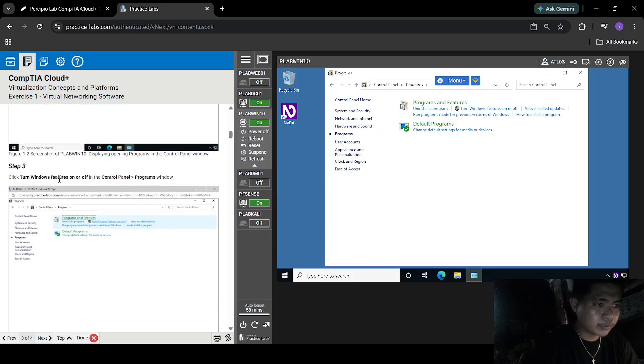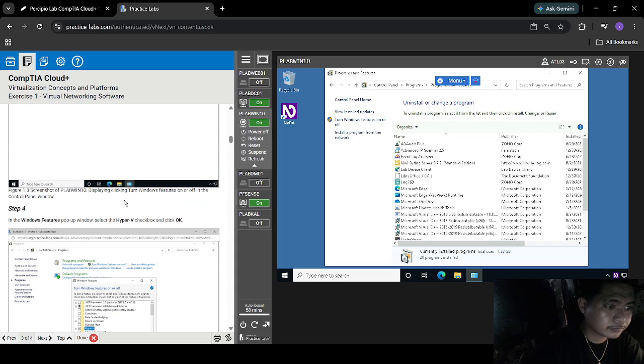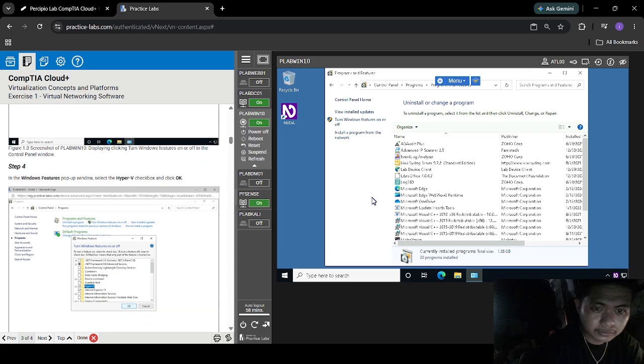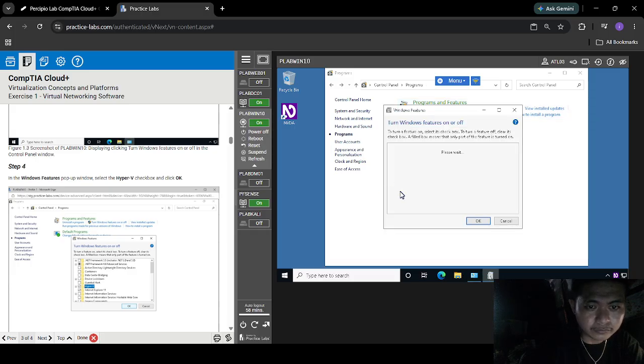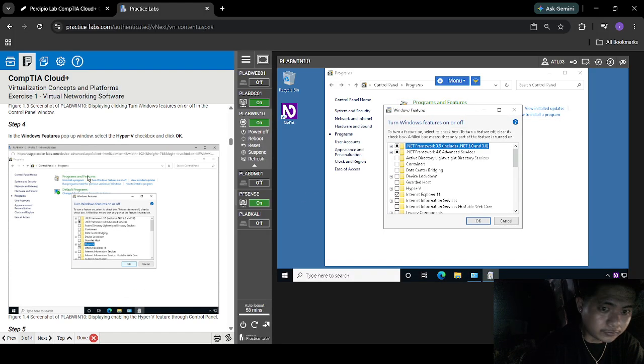Step 3, click turn Windows features on or off in the control panel programs window. Step 4, in the Windows features pop-up window, select the Hyper-V box and click OK.